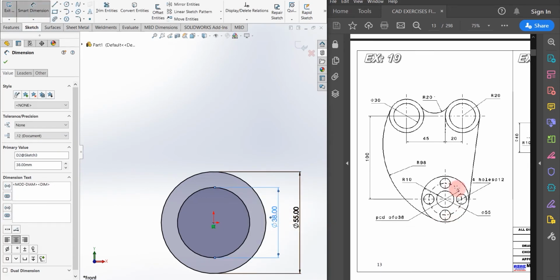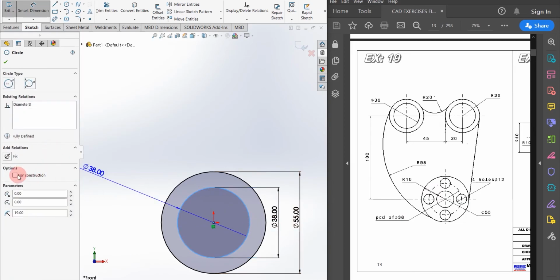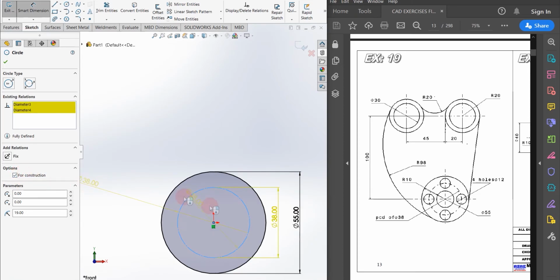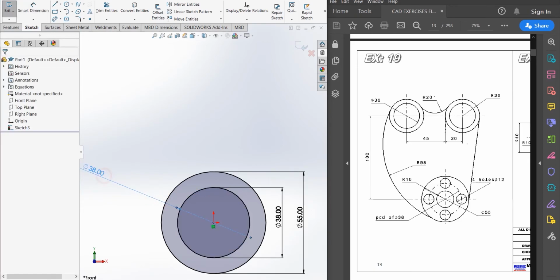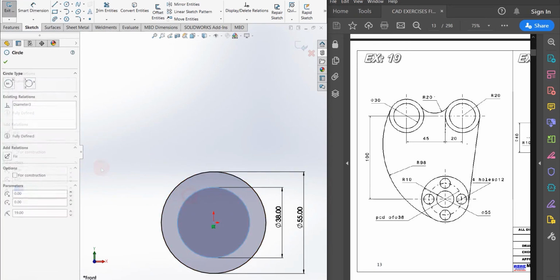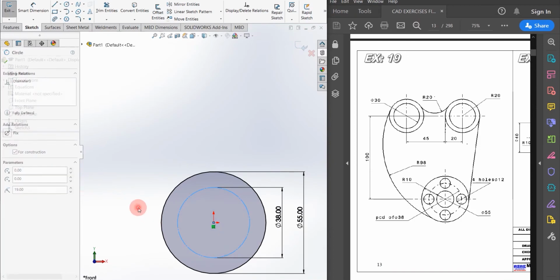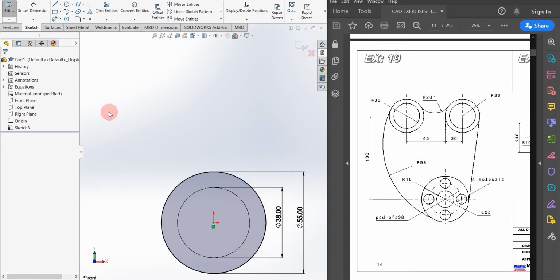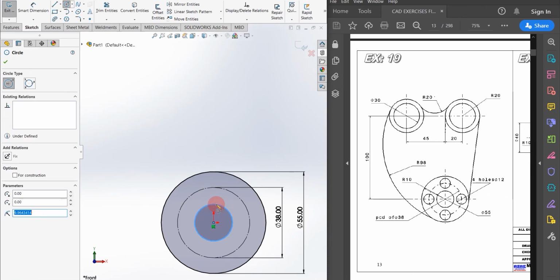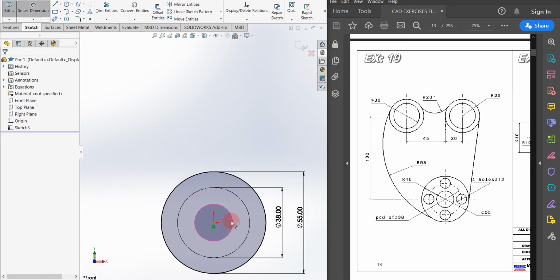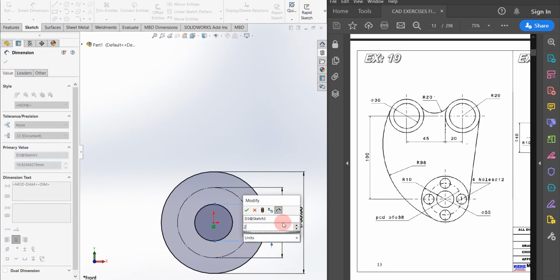As you can see in the drawing, the inner circle with diameter 38 is dotted. Just click on the circle, and in the options click on For Construction. You can see the circle is now dotted. Then another inner circle is there with radius 10 mm, so we are giving the dimension 20 mm.